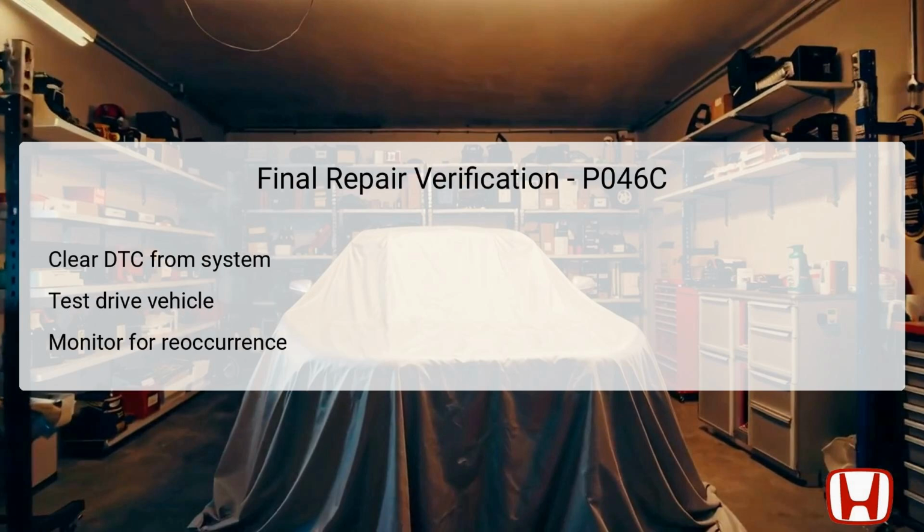After completing the necessary repairs based on the previous troubleshooting steps, it is essential to perform a final repair verification to ensure the resolution of DTC P046C. Begin by clearing the DTC from the vehicle system using the HDS. Once the codes have been cleared, take the vehicle for a test drive to allow for the normal operating conditions